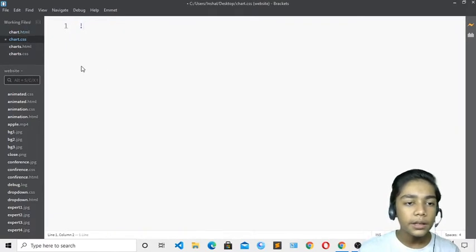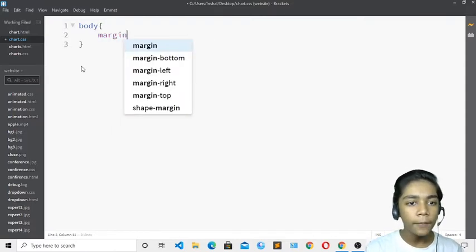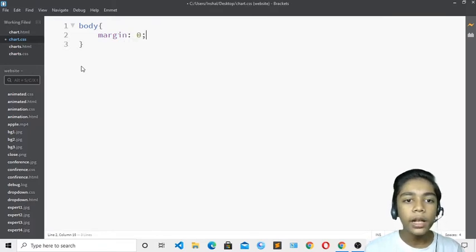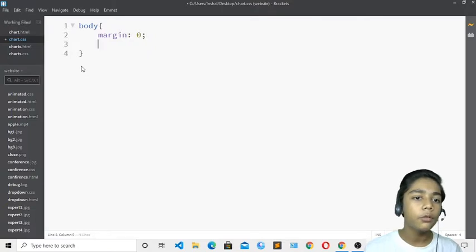Over here I will write the body tag. In this body tag I will write margin. I want the margin to be 0, like when we write with the asterisk sign, so margin of 0 and padding of 0. But I will only write margin of 0; the padding should stay from above, so I don't want padding 0.